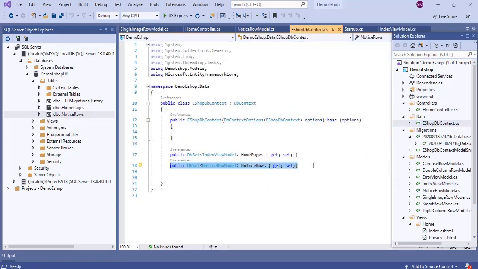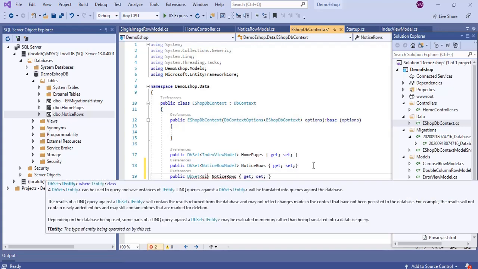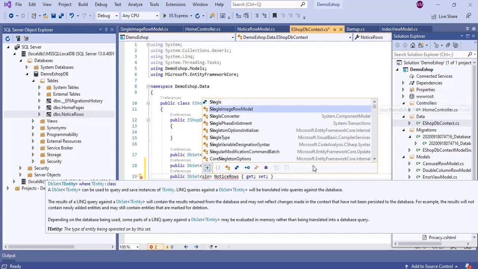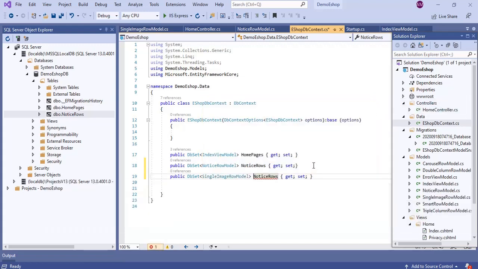Here we will add the single image row model. Let's name it SingleImageRows.